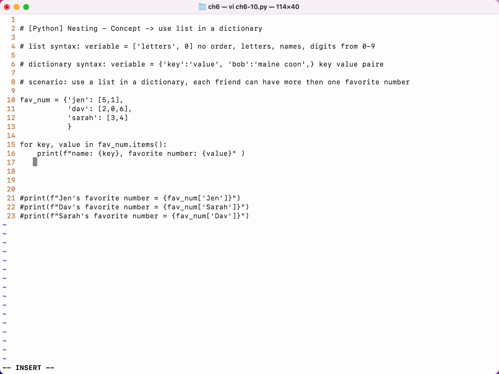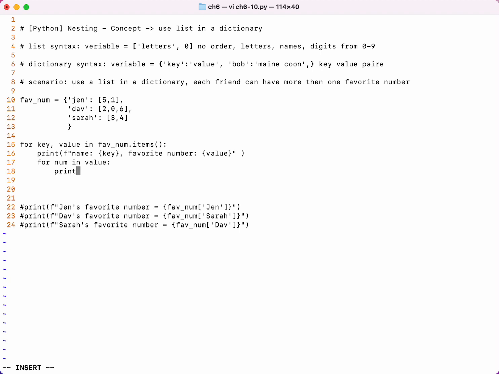And what that looks like is, this is where I get tripped up with the names, for num in value. And then we'll do \t for tab, because it's going to indent when it prints in the terminal. So what we would need to do is just pass in this